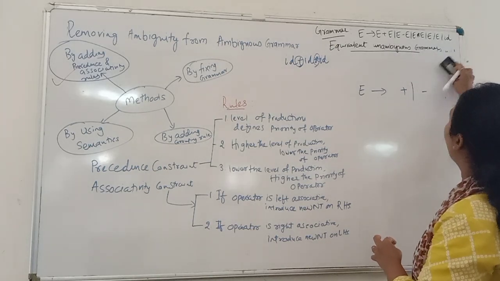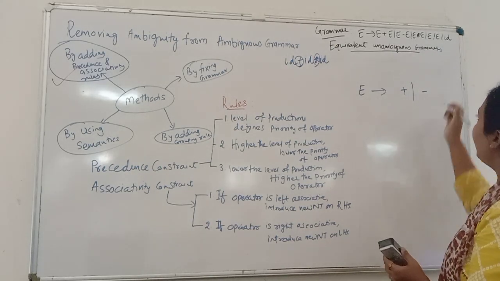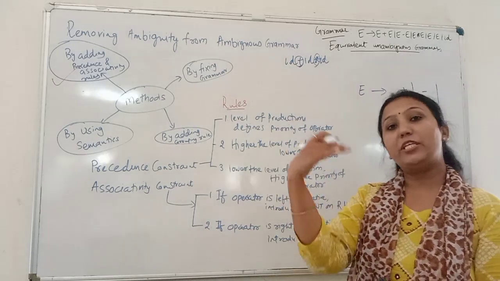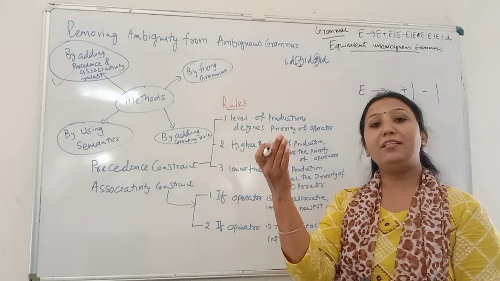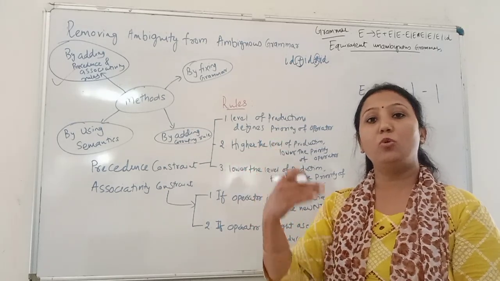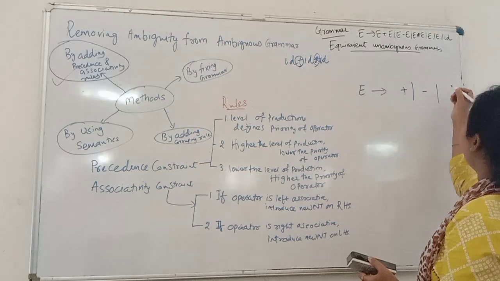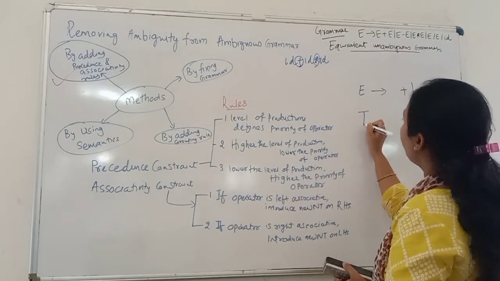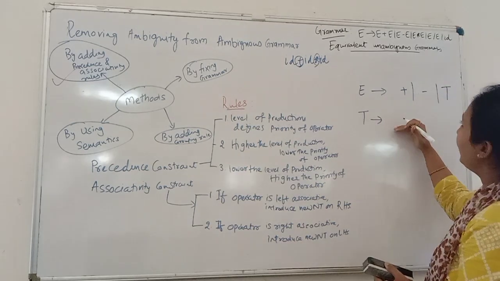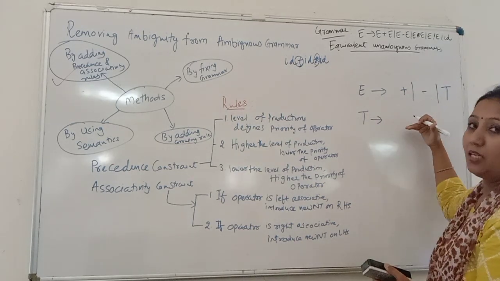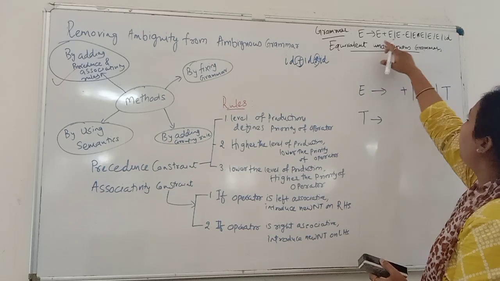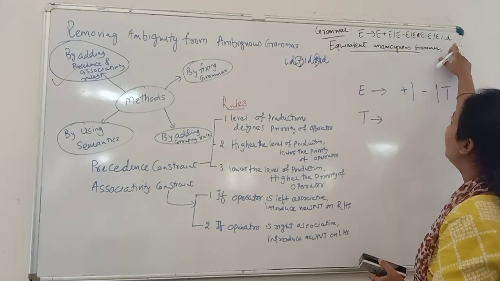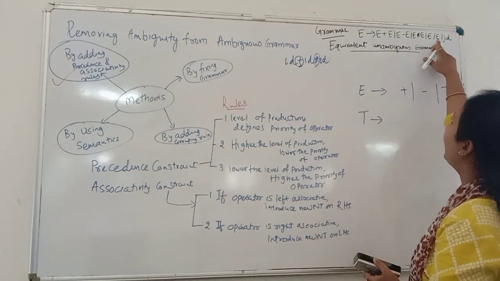Now second, we need to define levels. So we need a new non-terminal by which we can jump to the next level, or that can be used to move to the next level. For that, let me introduce a new non-terminal called T. So using T, we jump to the next level. Now at the next level, we would have the second lowest precedence operators. Among all the operators, the next lowest precedence is divide and star.